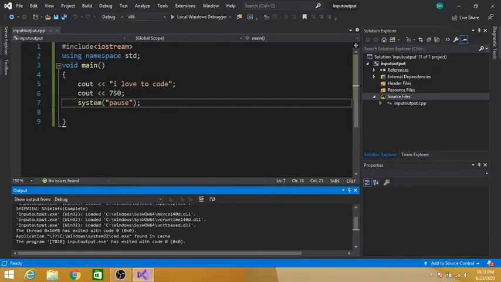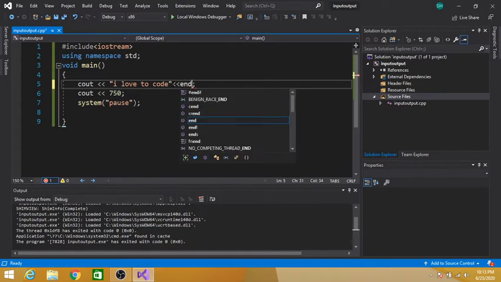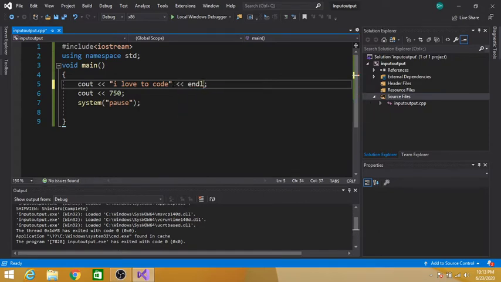So guys, if I place an insertion operator here and endl, this is used to end the line. So now we will have the output on two different lines shown on the console window, like so.